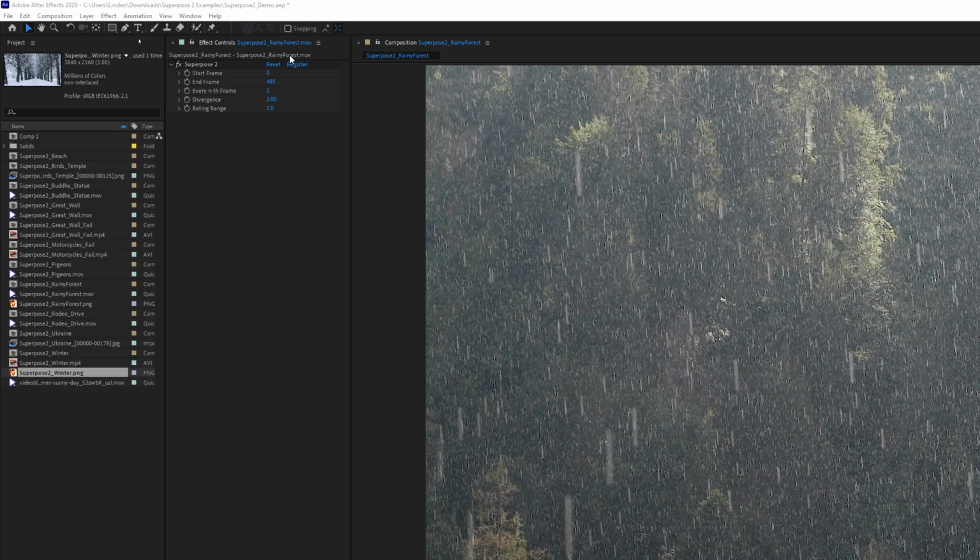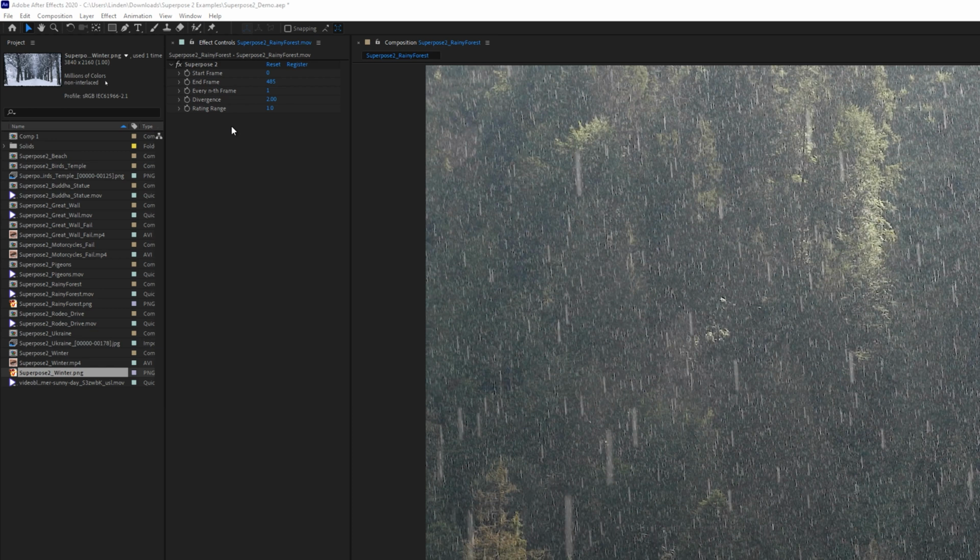So a quick rundown of the settings. The start-end frames are simply the area in which to look for movement. Every nth frame is how many frames to analyze. So 1 means analyze every frame, 3 means analyze every third frame. Divergence is a measure of when the algorithm detects 2 pixel values as different. So the manual says the default values are usually good, but if the lighting fluctuates throughout the shot, then you might want to bump this up a little bit.